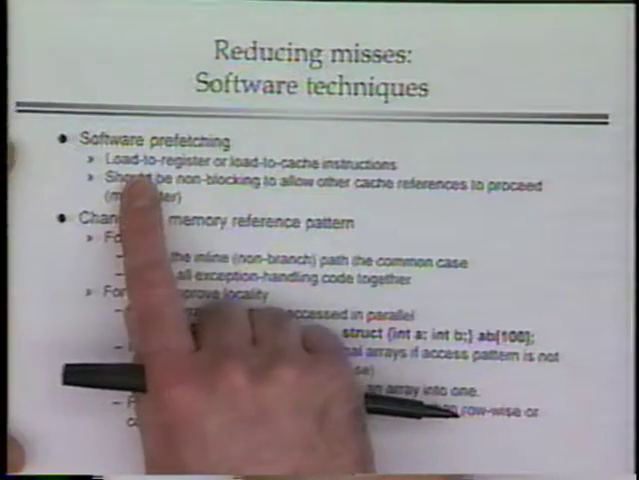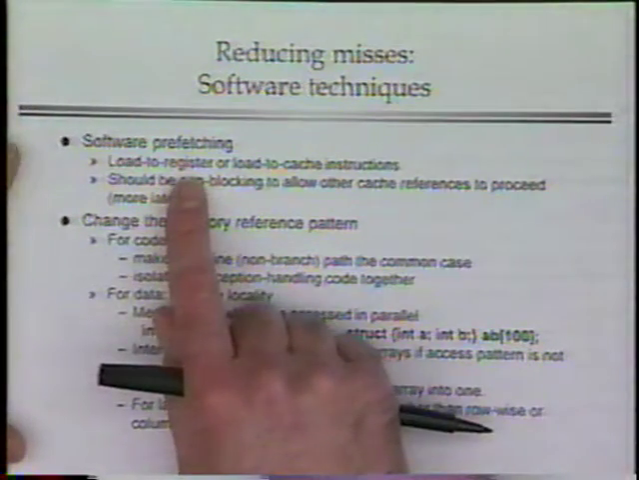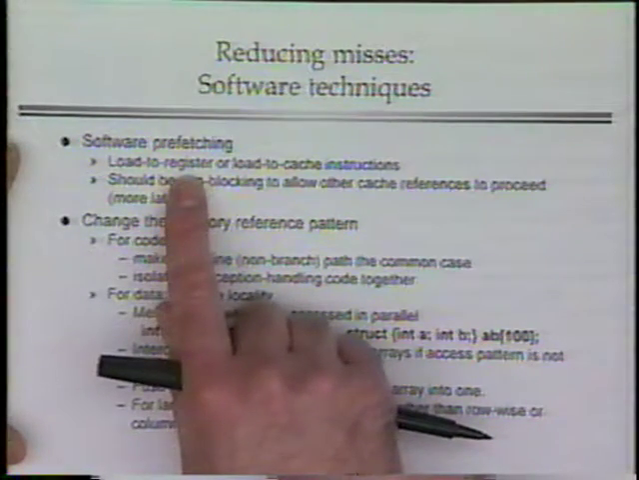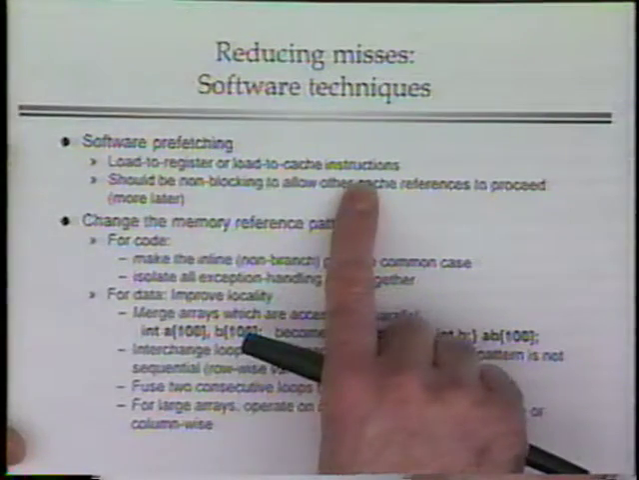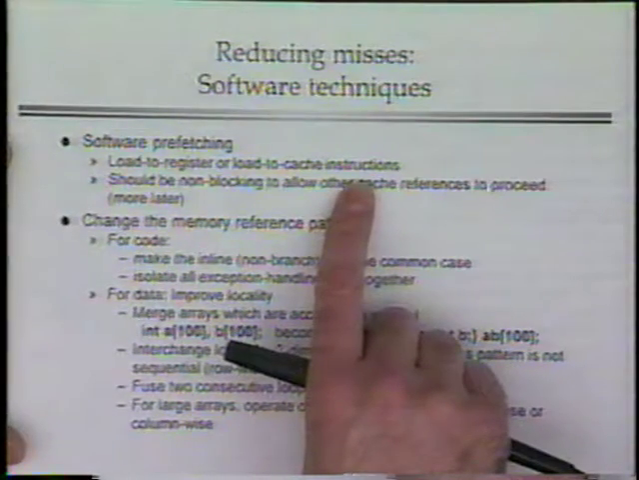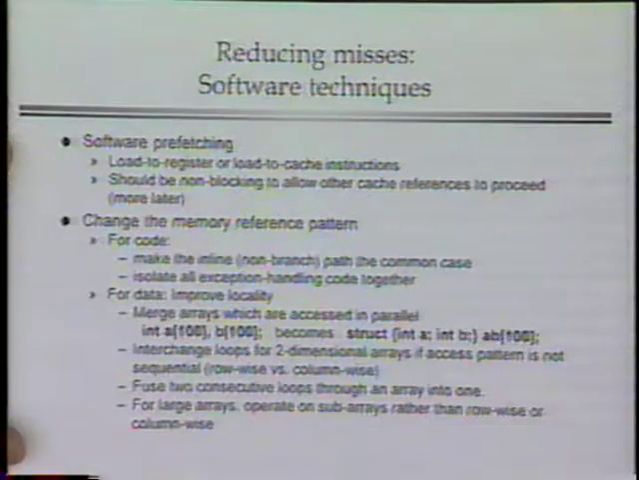One of them is that it can preload things that it expects to be missing in the cache. So it can do a load to register instruction before it needs to get it going. Or in fact, you might consider adding a special load to cache instruction. That's just an advisory message saying, I'm going to use this data eventually in the near future. If you've got nothing better to do, you might start making sure it's in the cache or loading it from